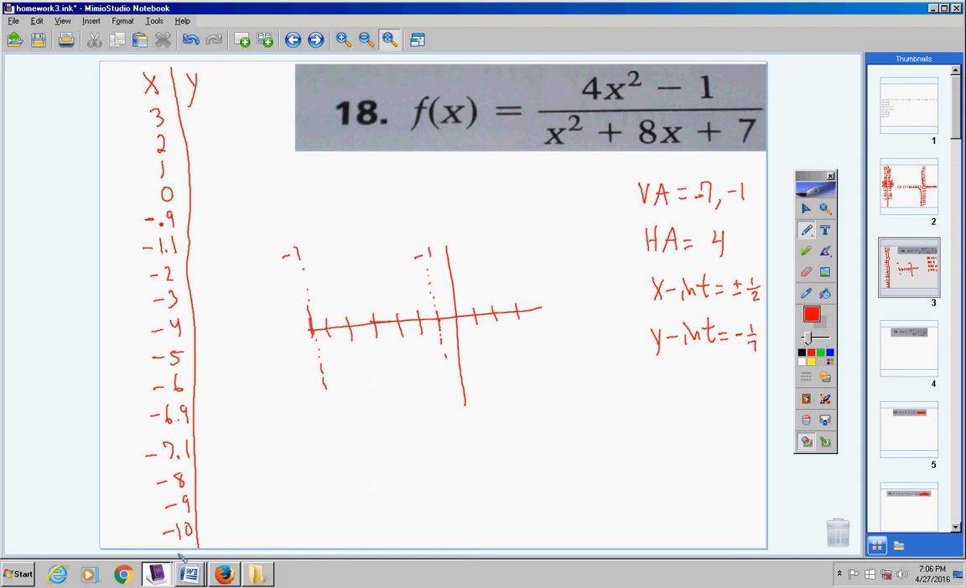to graph this. Let me quickly type this into my calculator. So I'm putting parentheses around 4x squared minus 1, divided by, and then in parentheses, x squared plus 8x plus 7. Close my parentheses, and we'll go to my table, and here we go. So we're going to go to negative 10 and work from there. So negative 10 gives you, wow,